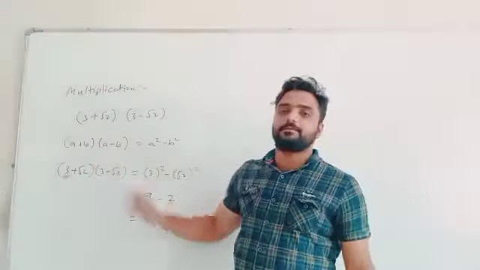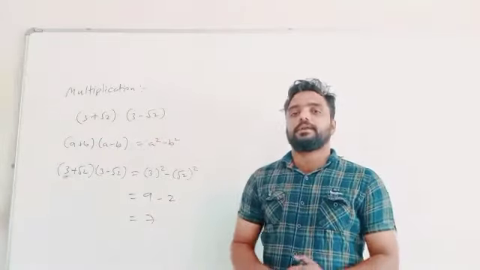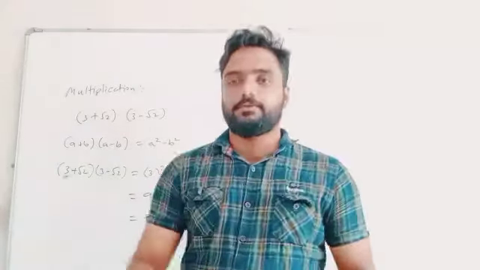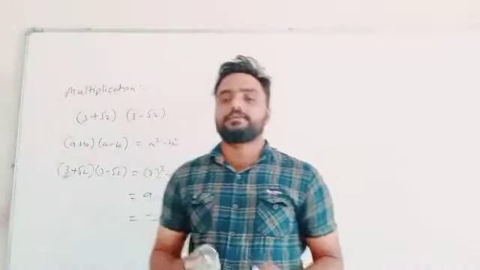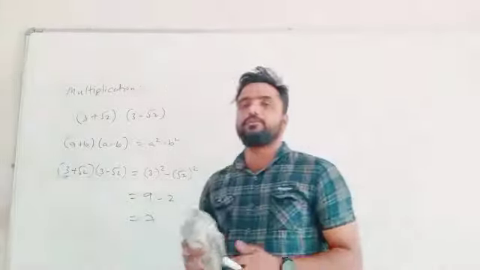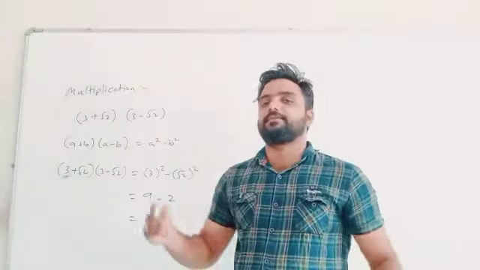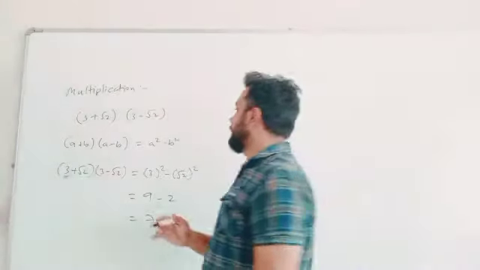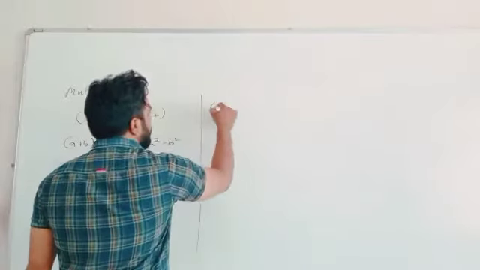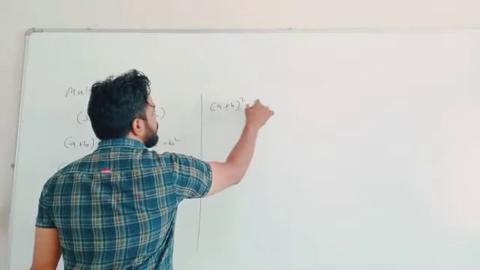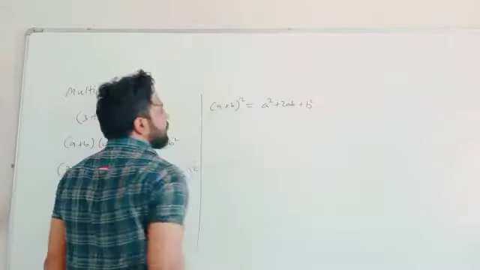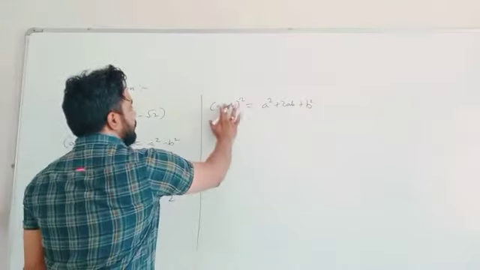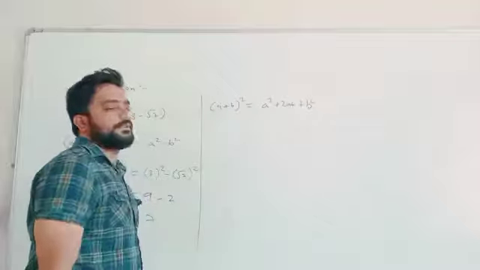So here I am using one of the identities. That is a plus b multiplied by a minus b. That will give you what? A square minus b square. Understand or not, all of you? Now, as well as if you have to use some of the expansions, when square terms are given to you. Suppose I am writing here a plus b whole square. So you can write the expansion: a square plus 2ab plus b square. Understand or not? Okay, so this is the expansion.